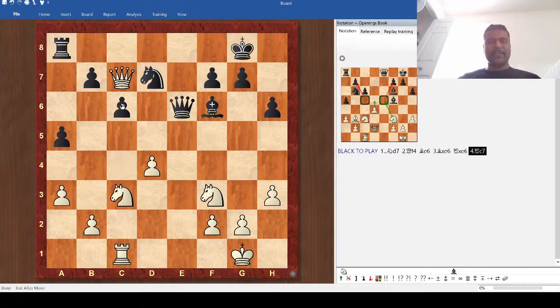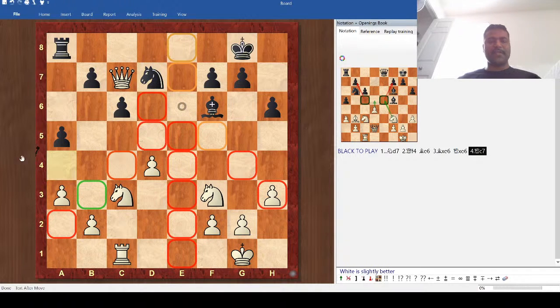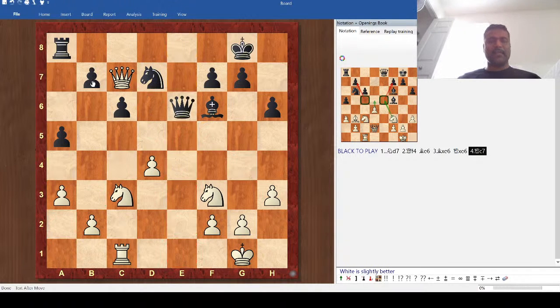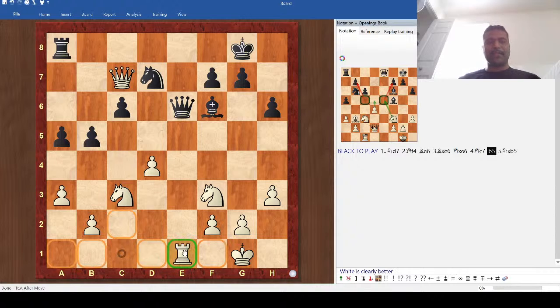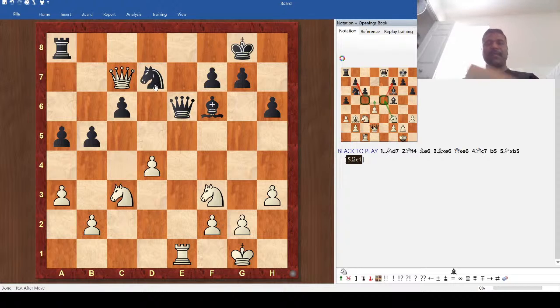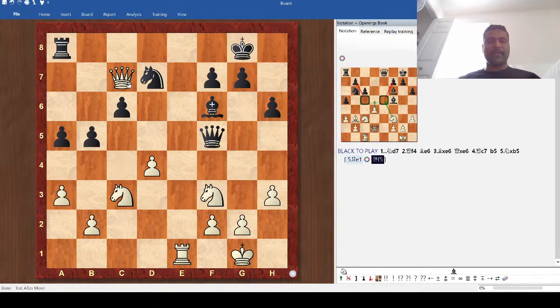Well, the thing is now it's very uncomfortable for black to move his queen because the knight on d7 is hanging, and if he moves his pawn, let's say to b5, then I believe we have the threat of playing rook to e1, and now black will have to give up the control, or will have to move his queen from where he can protect the knight. So that would be queen f5 and then queen into c6. So white will get a pawn here,